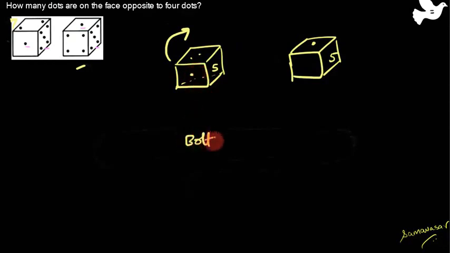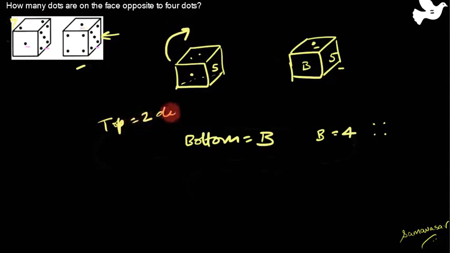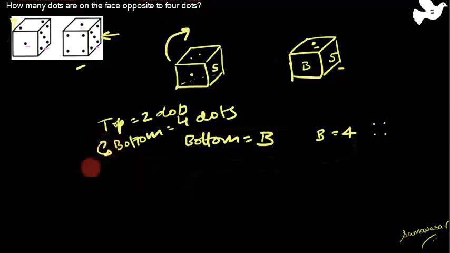So what was the bottom? Let us call that B. That will come here. This much should be clear. Now if I see this representation, this one is here. So yes, this is correct. This 5 is here. So this is correct. Which means B is equal to simply 4 dots. That is this. Now B was the bottom. At that point of time, 2 was the top. So top was 2 dots and the bottom was 4 dots. This would mean the number of dots on the face opposite to 4 dots is simply 2 dots. That is the answer.